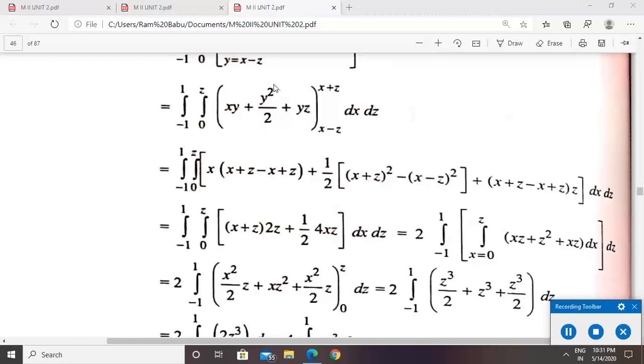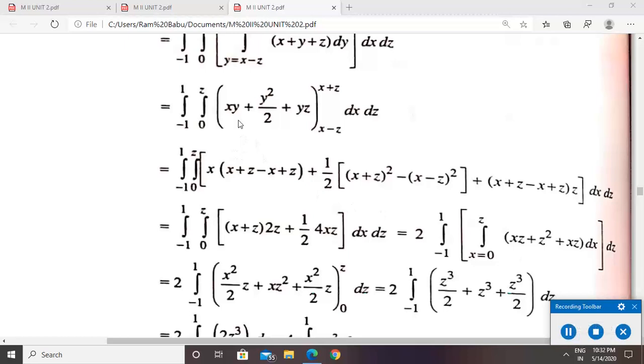we get x into, replace y with x plus z, x into x plus z, and replacing y with x minus z, we get minus x into x minus z, plus 1 by 2. First we replace y with x plus z, that is x plus z whole square by 2, minus we will replace y with x minus z whole square by 2. In both of them 1 by 2 is constant,